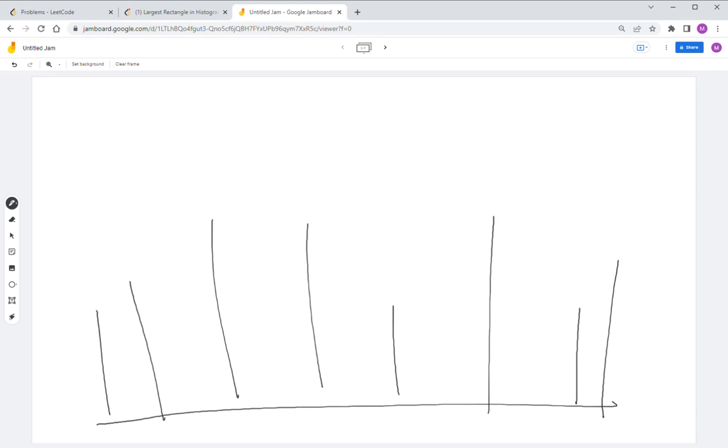The area the shortest bar can build will be the shortest bar times the whole array length. For example, this is the shortest bar. So this shortest bar can build an area of the shortest bar's height times the whole array length. After doing that one,